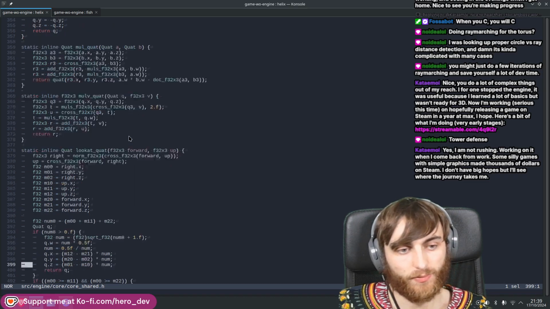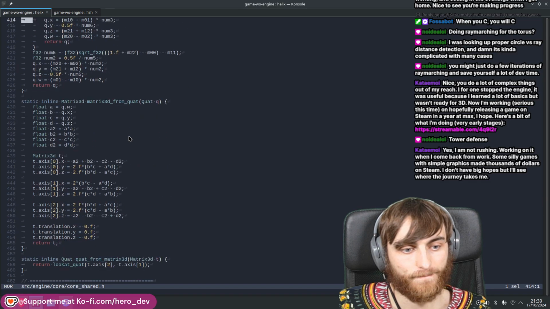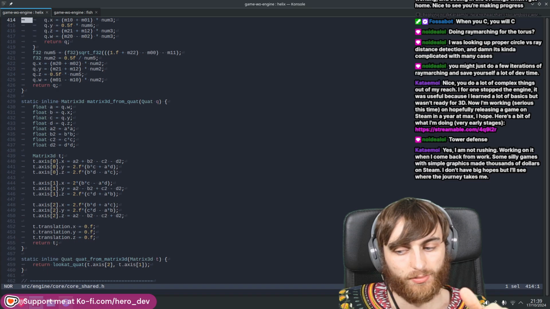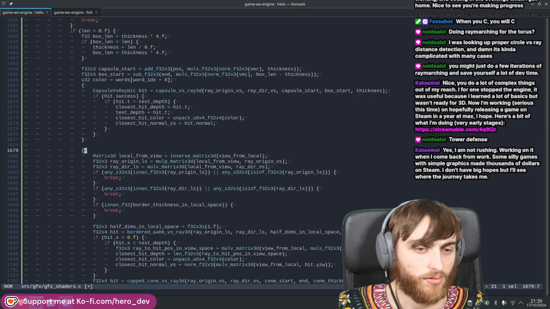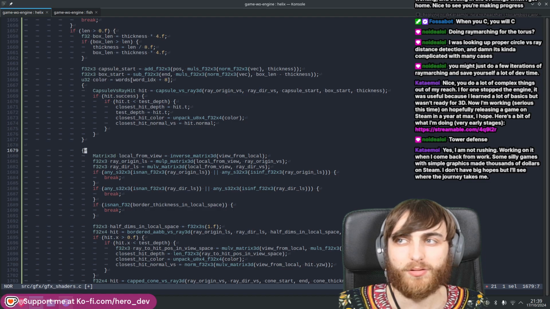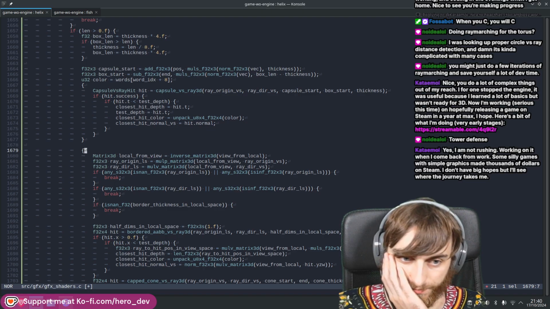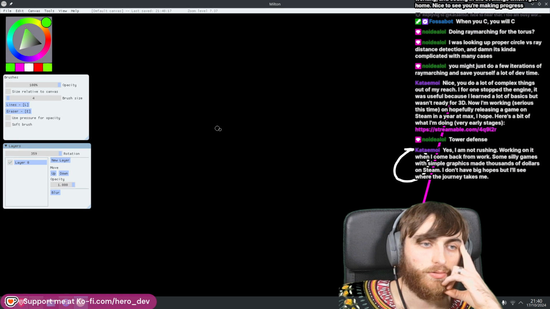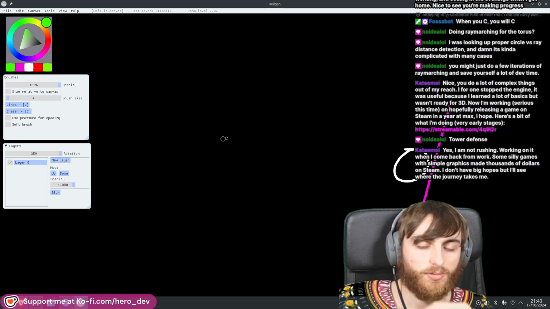And then you turn that into a matrix, and that'll get you the correct rotation at least. And then you need to do a bit of